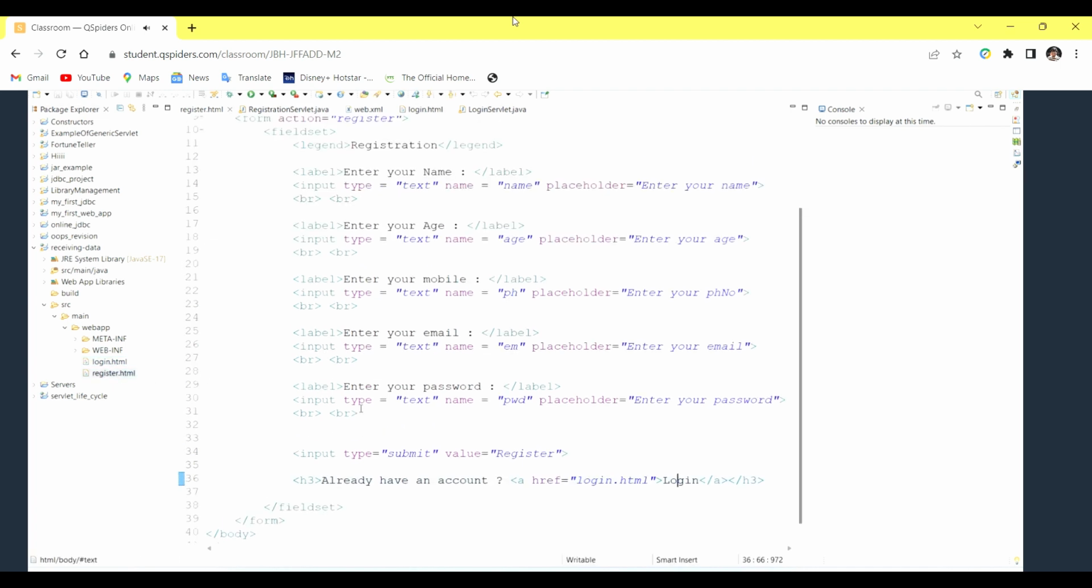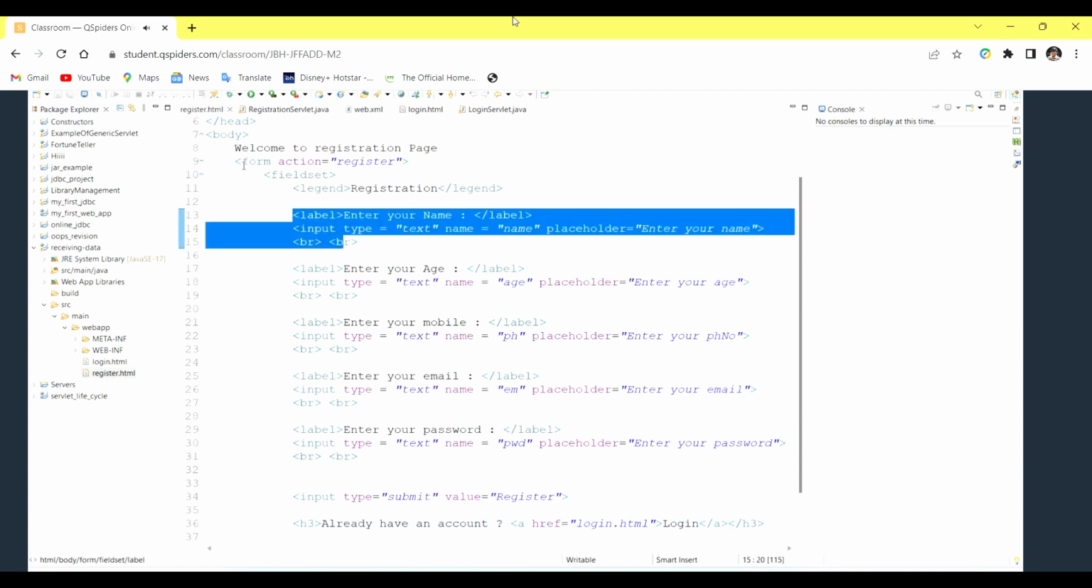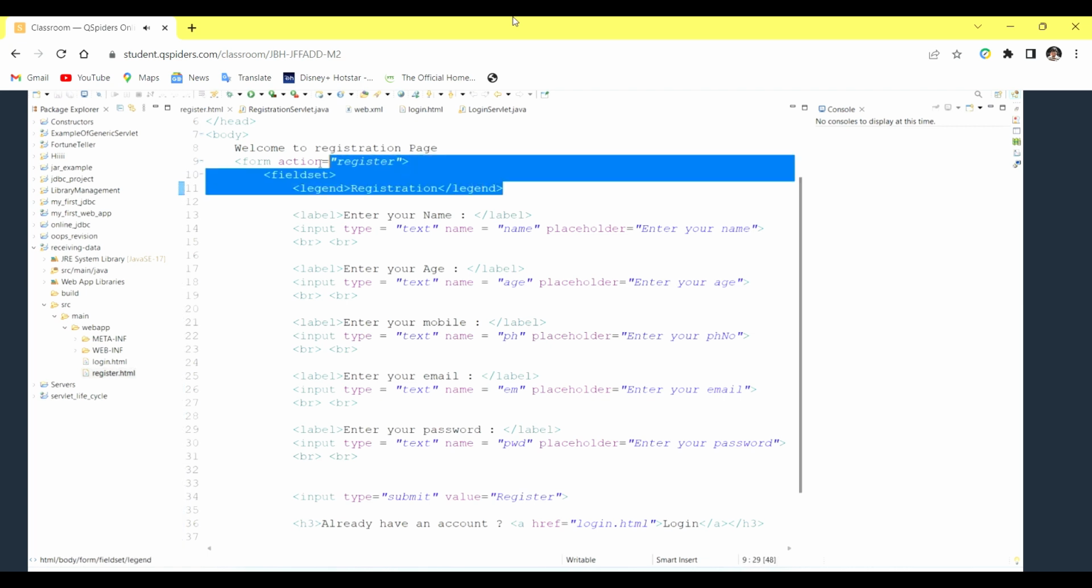Right. What we have discussed here, we have discussed how to take input. So see, these form tag, field set, legend, these are all... Yeah, I'm revising the project only. These form tag and field set and legend tag, these tags are HTML tags that you